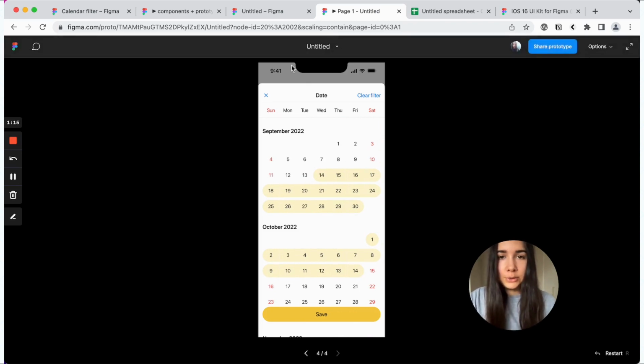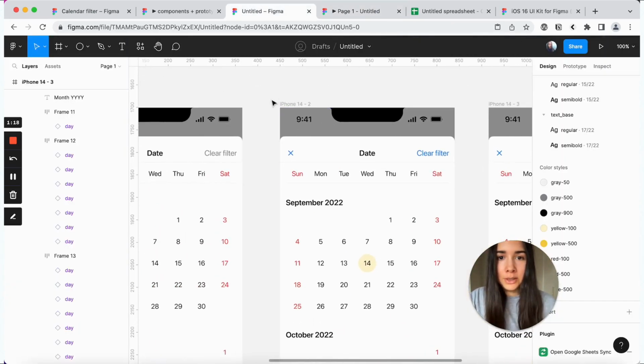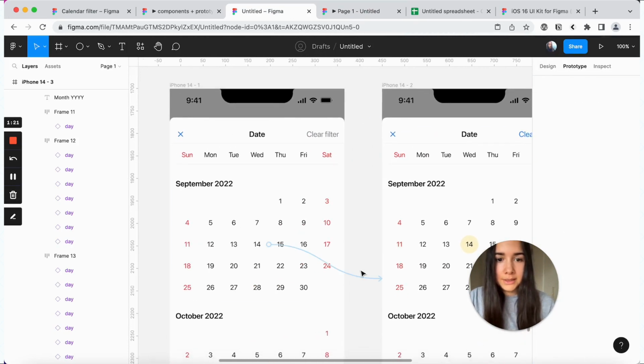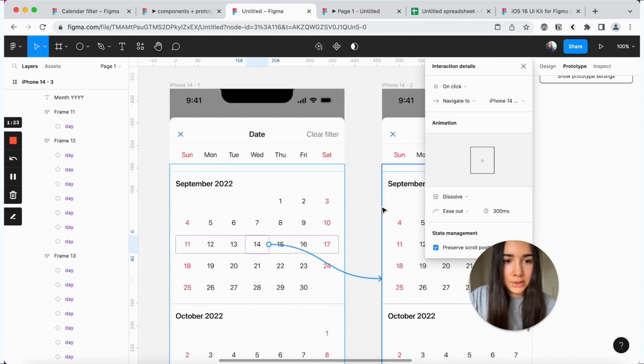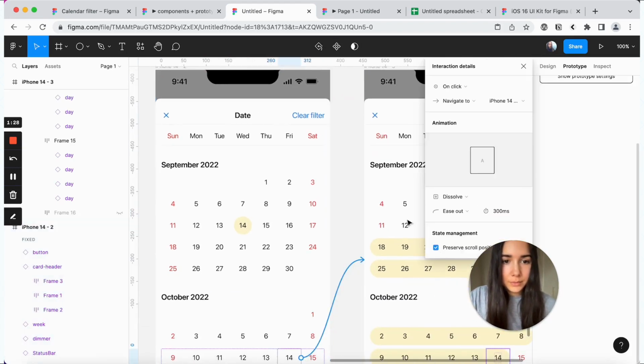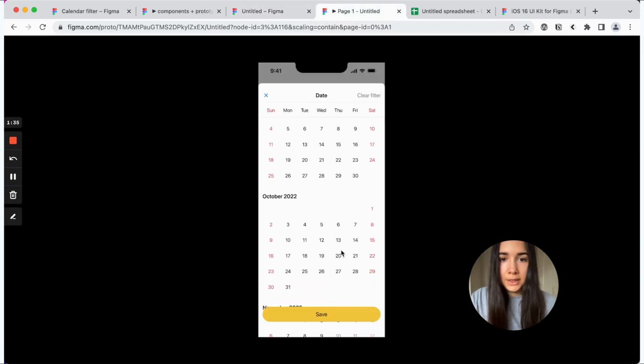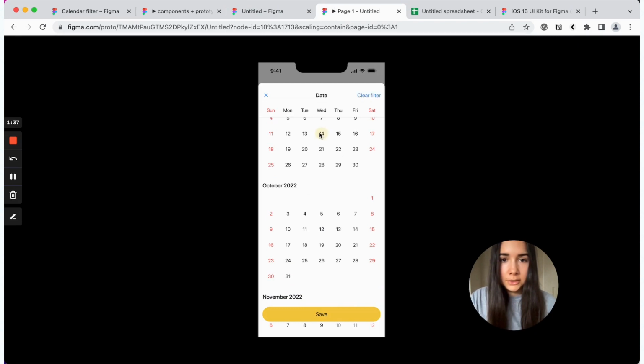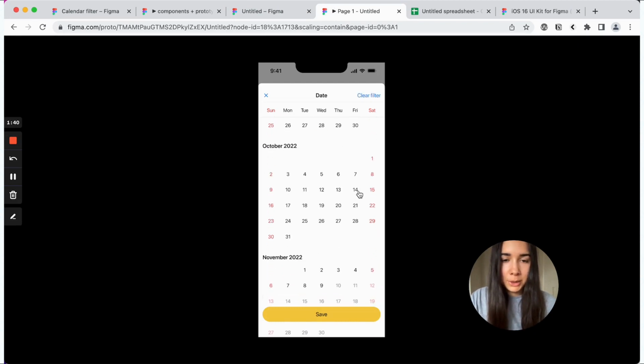And there is a way to fix this. So what I'm going to do is return to our prototype links, and I'll just make sure that I set the scroll to preserve. And now when we try this again, we can even scroll down a little bit here, do September 14th, then maybe scroll a little bit more, do October 14th, and we don't have any sudden scroll resets here.